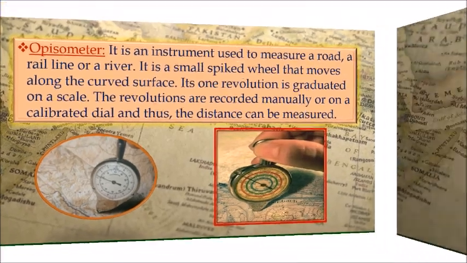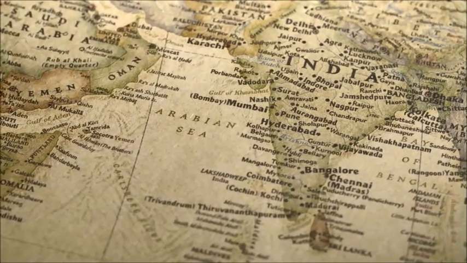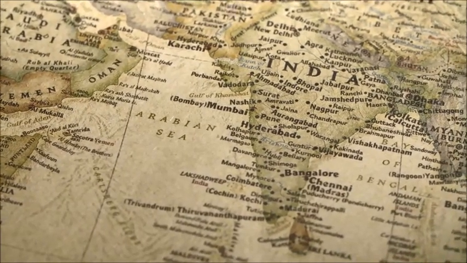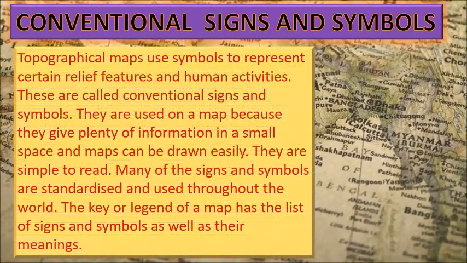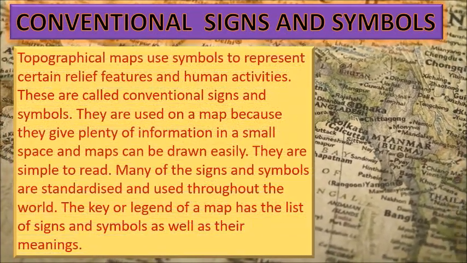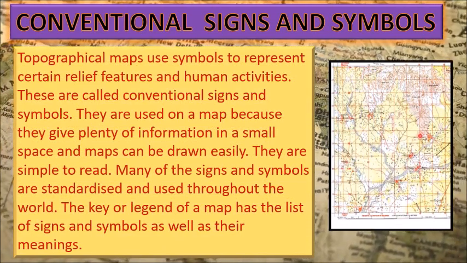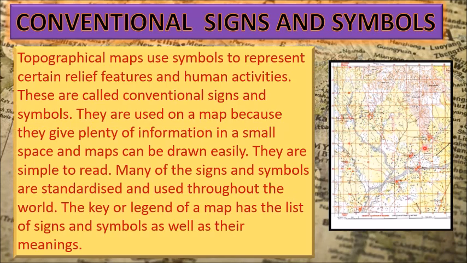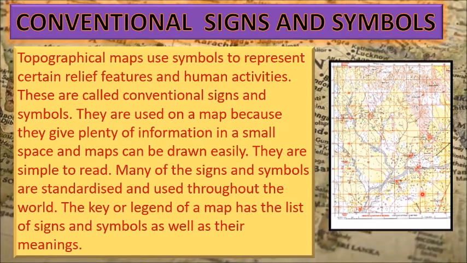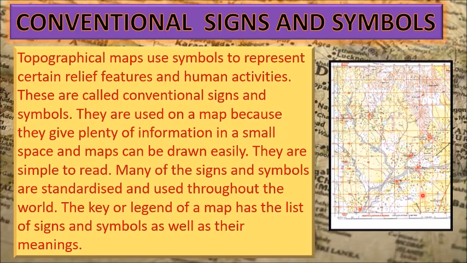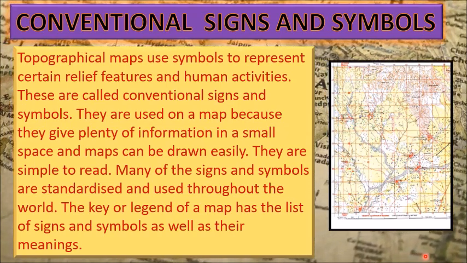The last topic that we are going to discuss and learn about is conventional signs and symbols. Topographical maps use symbols to represent certain relief features and human activities. These are called conventional signs and symbols. They are used on a map because they give plenty of information in a small space